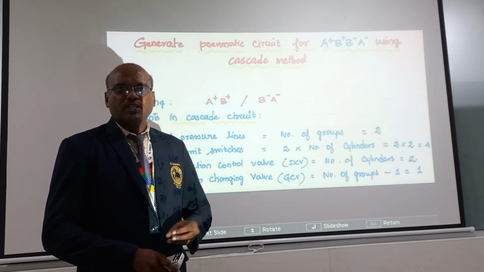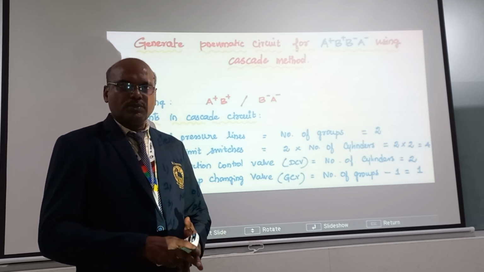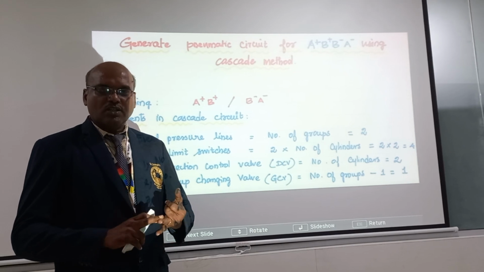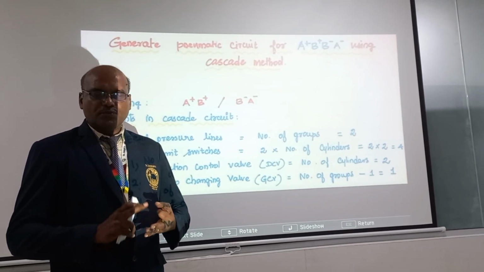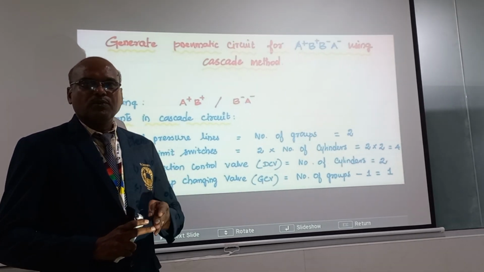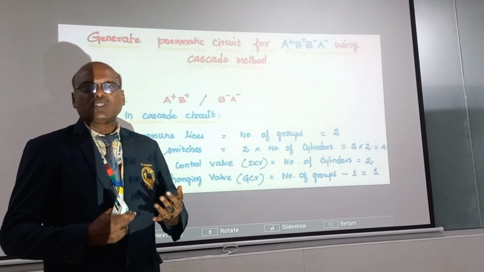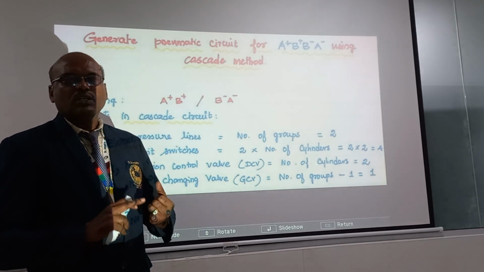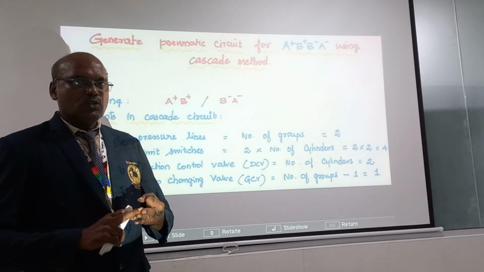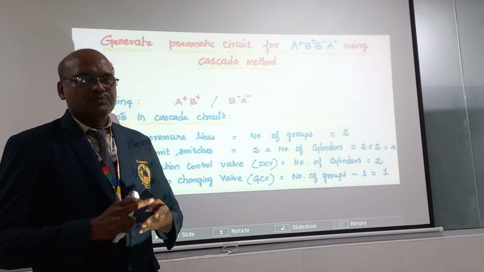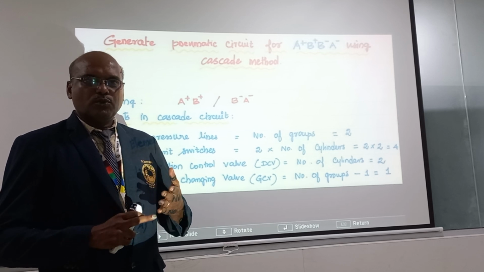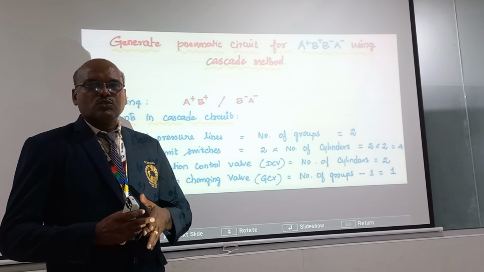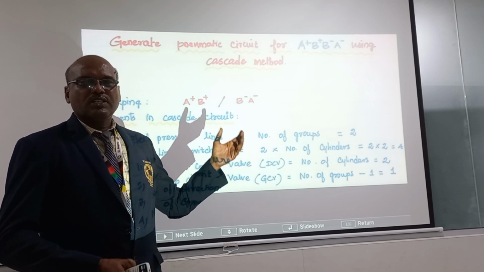For designing a pneumatic circuit, we have four basic requirements. First one is safety of the operation, second one is cost, third one is efficiency, fourth one is performance of the desired function. So I will repeat. First one is safety; you should not compromise on safety. Second, you should go with the efficiency. Third, performance of the desired function, and cost. So these are the four parameters that have to be considered. Even though we have different methods, the cascade method is a simplified method with which you can easily understand the